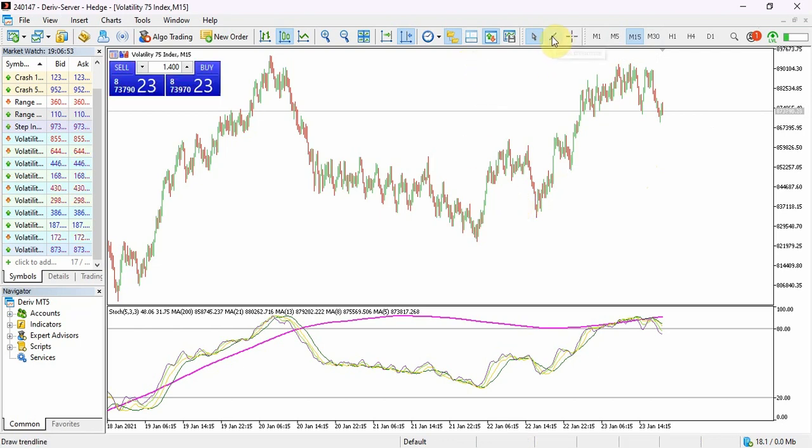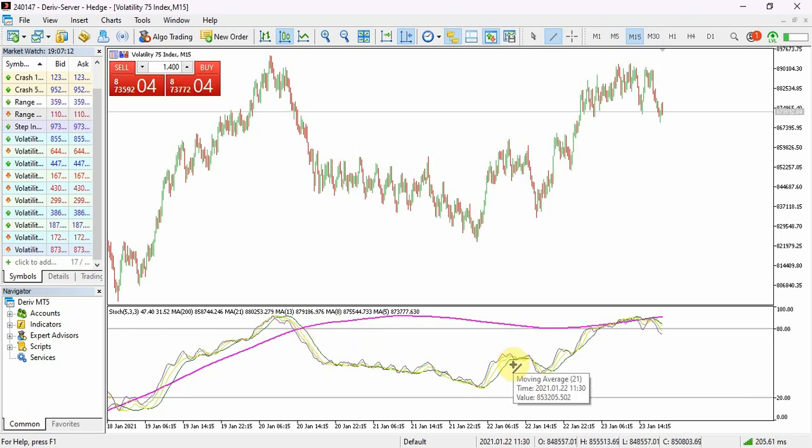I really don't have something to draw on my screen. It's just that I am now used to TradingView. So forgive me, guys, for not having something to draw on the screen, but I hope you can see my mouse being highlighted. So the first thing that you look at in this 15 time frame,